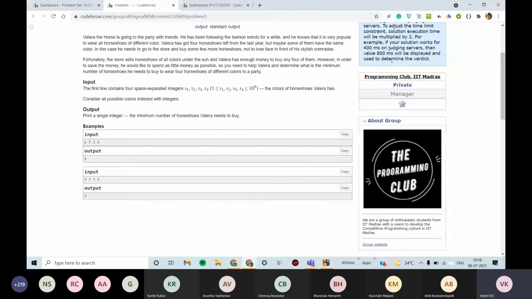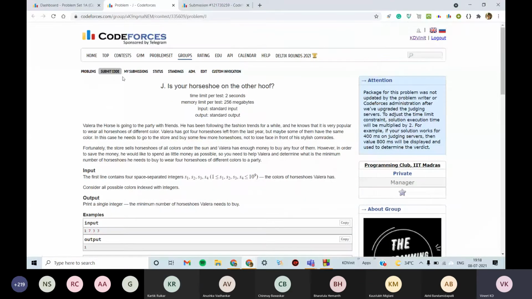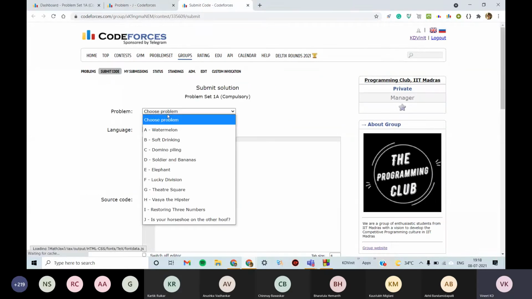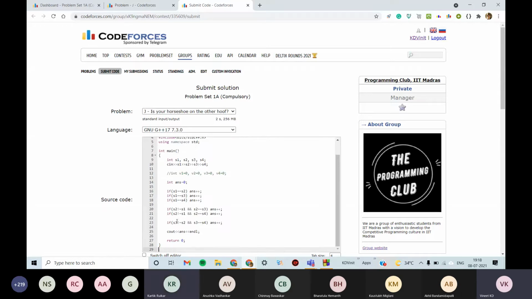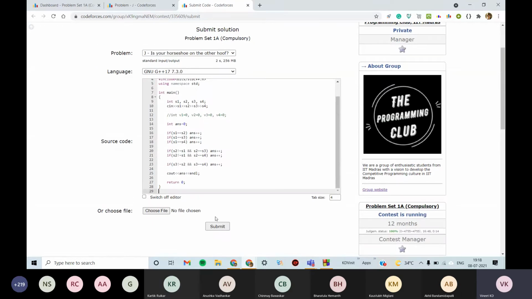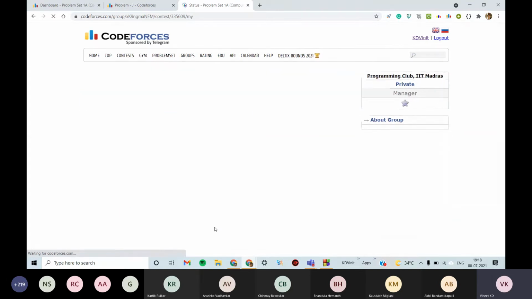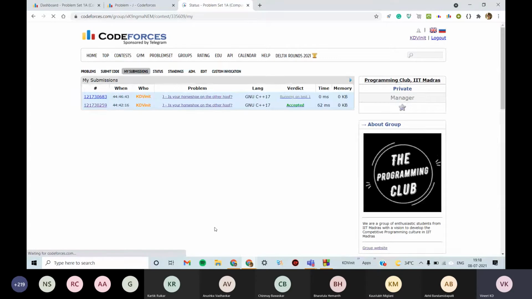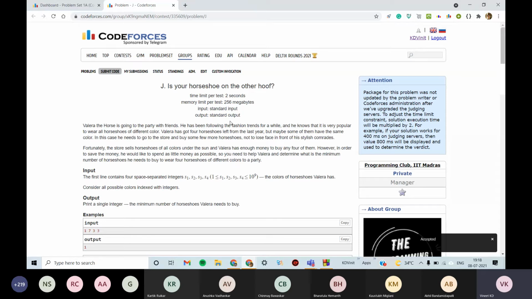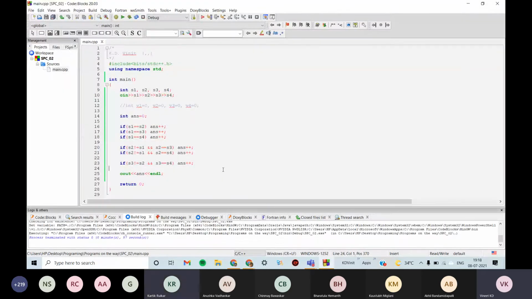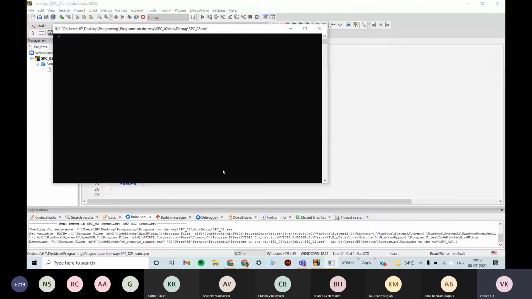I'm not sure if Codeforces included that test case. It can happen sometimes that the code gets accepted but is wrong, though it's quite rare on Codeforces. So I think we should get wrong answer definitely. Oh, it got accepted. Oh, nice. But definitely it's not correct, right? Do you agree with Karthik or not?